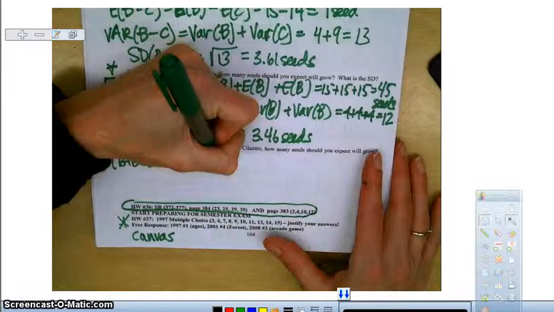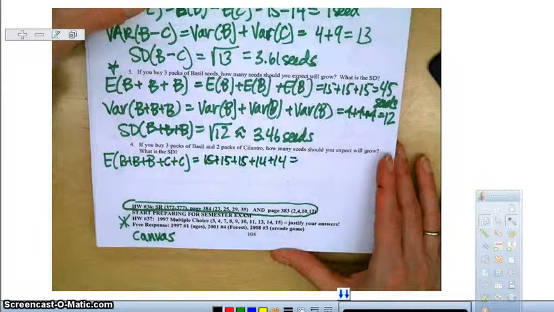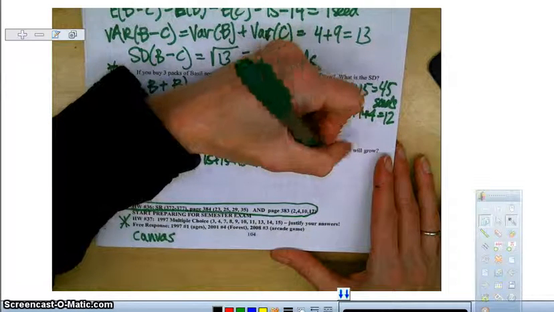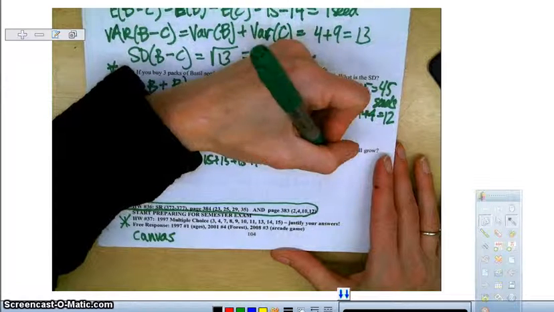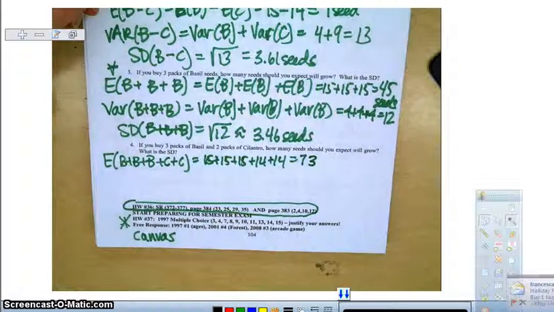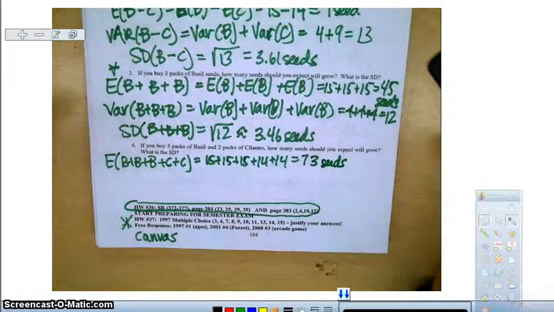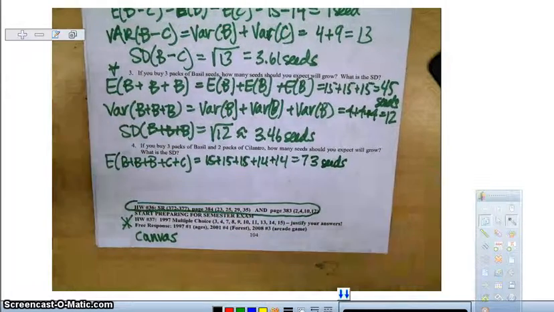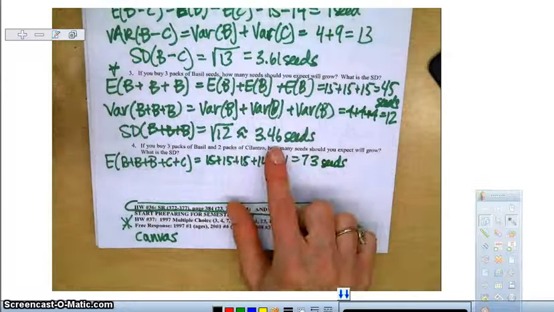Twice. So 15 plus 15 plus 15 plus 14 plus 14 is, how many seeds are you going to expect to grow? 73? Yeah. Okay, so 73 seeds you'd expect to grow. And that expected value thing should be just common sense when you're combining them. If I expect each pack to grow this many, I add them all up, and that's how many I expect to grow. Okay, the variance, though, should be higher than the last one,